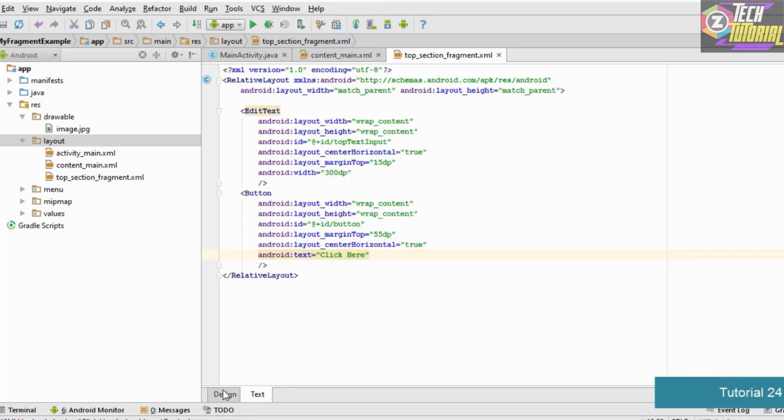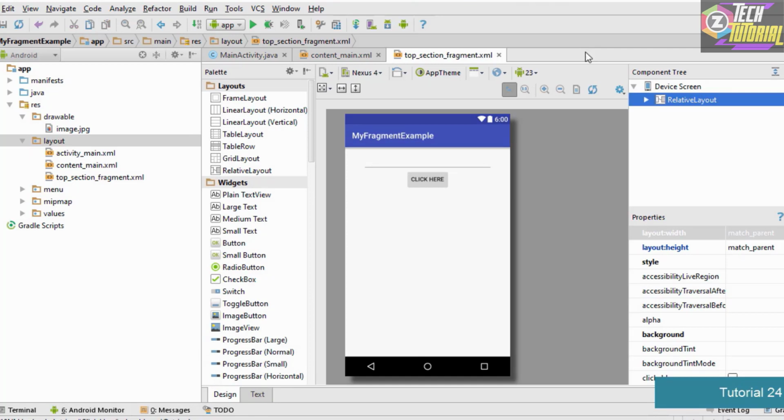So basically what we did is that we have created the top section fragment. In order to create this fragment, we used the layout folder, which holds each and every XML file or layout file for us. A fragment is basically similar to the main activity. It is going to have an XML file and a Java file. What we have done is that we have created the layout file for the top section fragment.